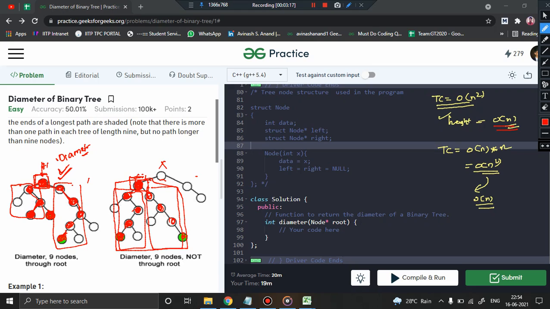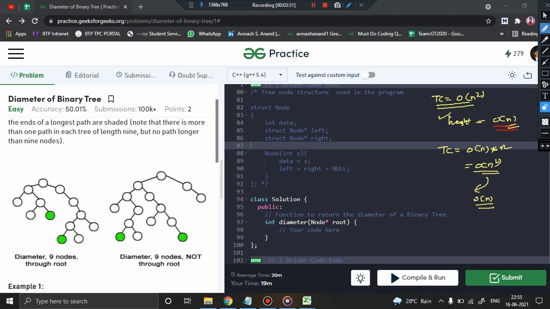So can't we do one thing? Can't we say that finding the diameter is nothing but we are actually trying to find the height of every possible subtree, isn't it? You see, here also we are trying to find the height. Here also the diameter is nothing but, what did we do? We tried to find the left height of this subtree, the right height of this subtree, and added 1 to it. So basically we can use the formula of finding the height to actually calculate the diameter. The only difference is the diameter can be said as left height plus right height plus 1. Got the point? The diameter is equal to left height plus right height plus 1, right?